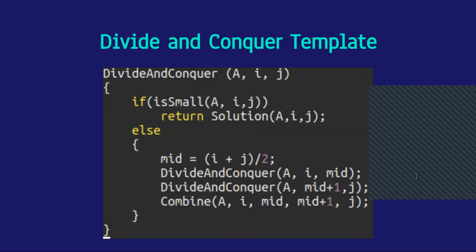Now there is one important thing that you have to notice here. Divide and conquer is the original name of the function, and I'm calling divide and conquer inside itself. This pattern is called recursion. What recursion means, if you don't already know, is you call the same function within itself. For example, if there is a function called a, and you make a call to a itself inside the body, then that will be called recursion.